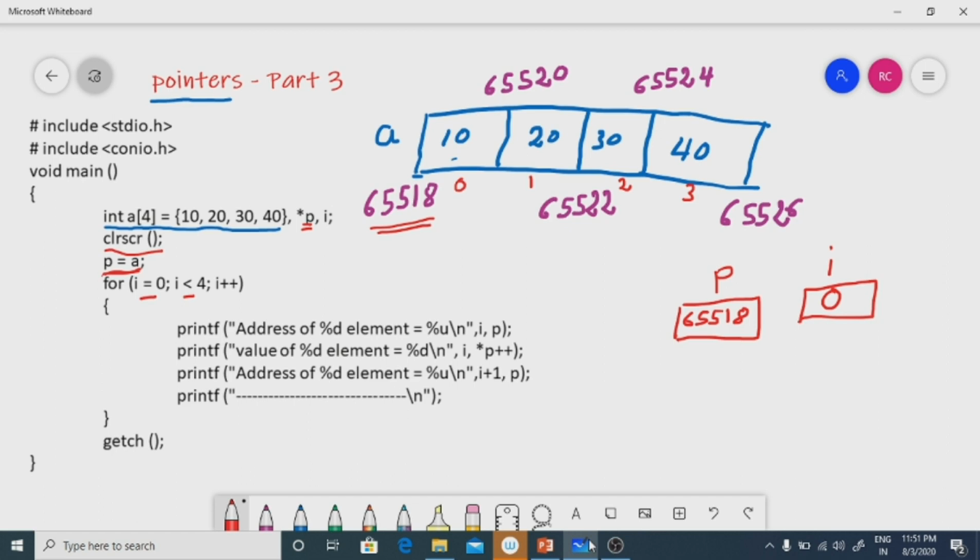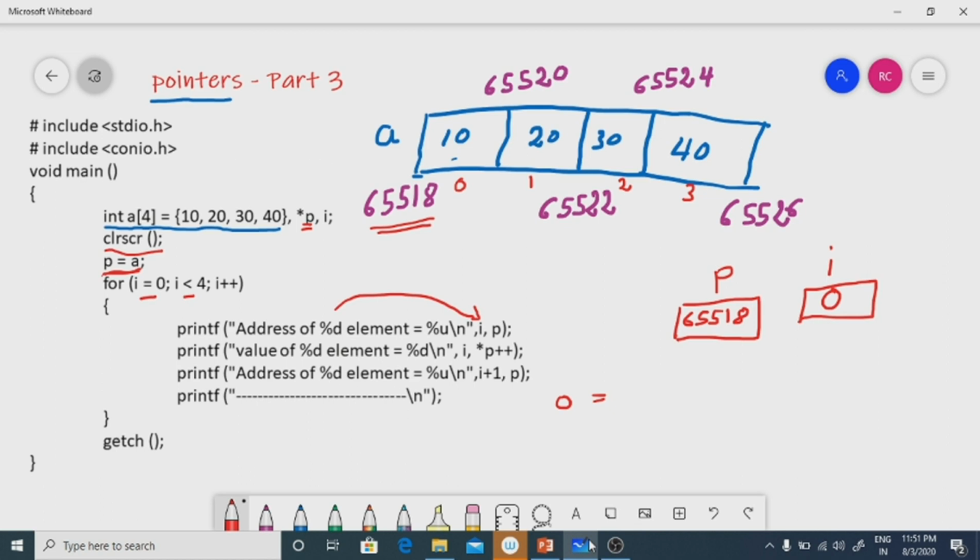printf: address of the %d corresponds to i. What is there in i? 0. Address of the 0th element equal to %u.